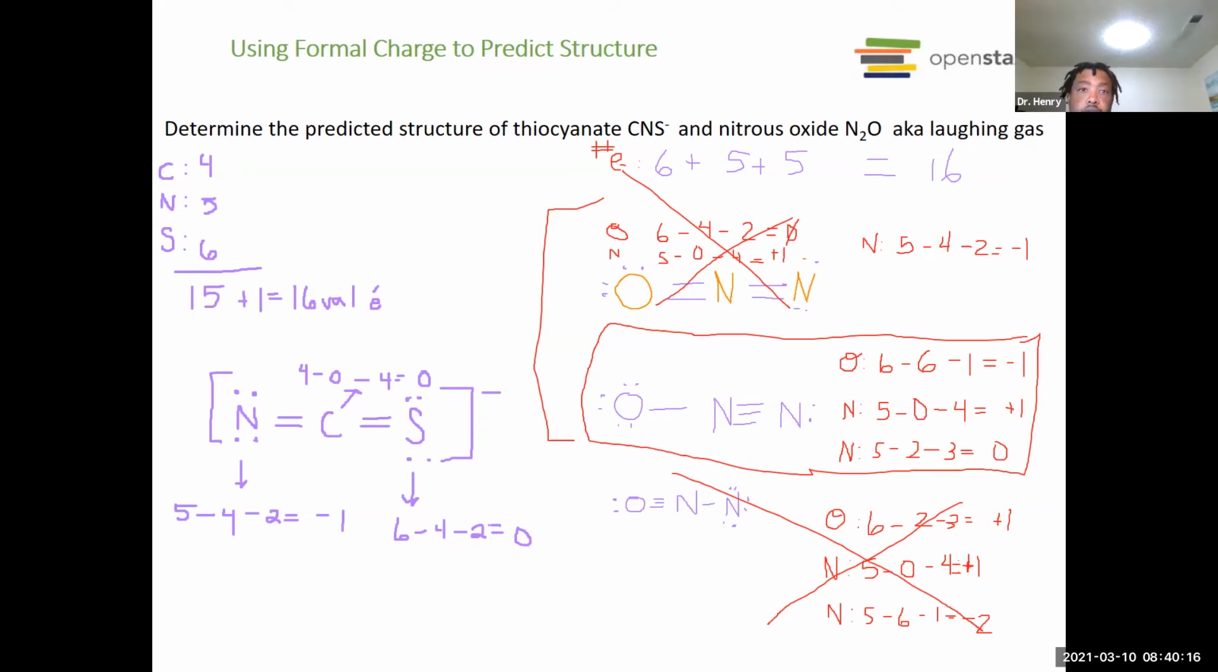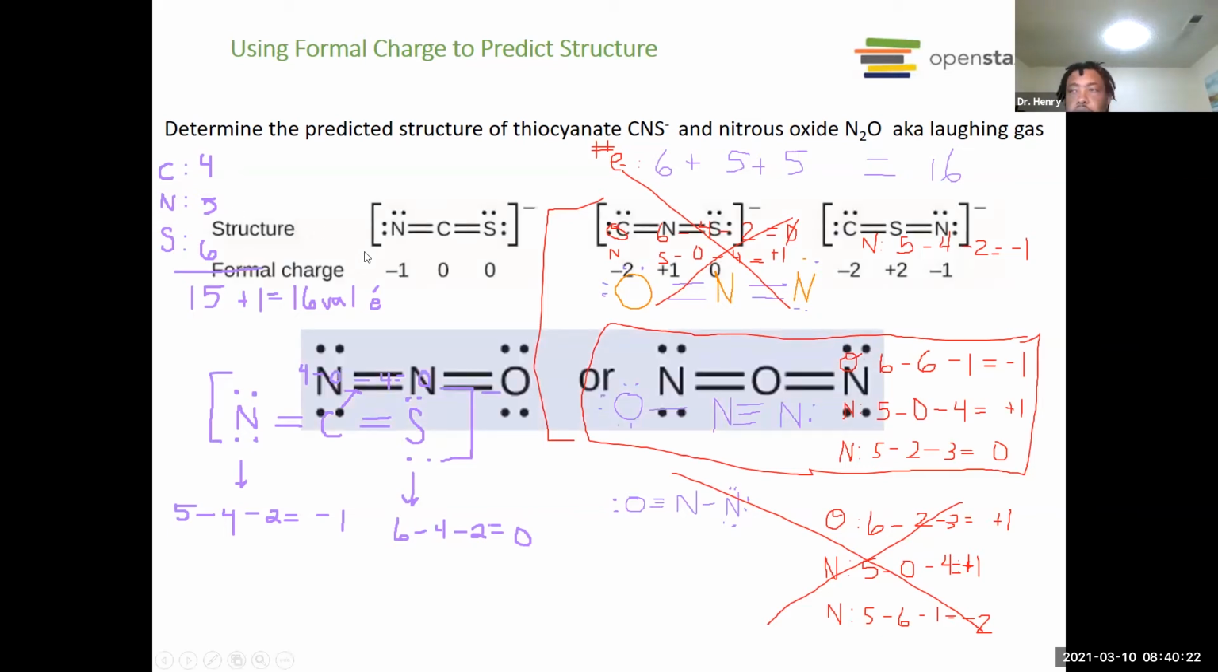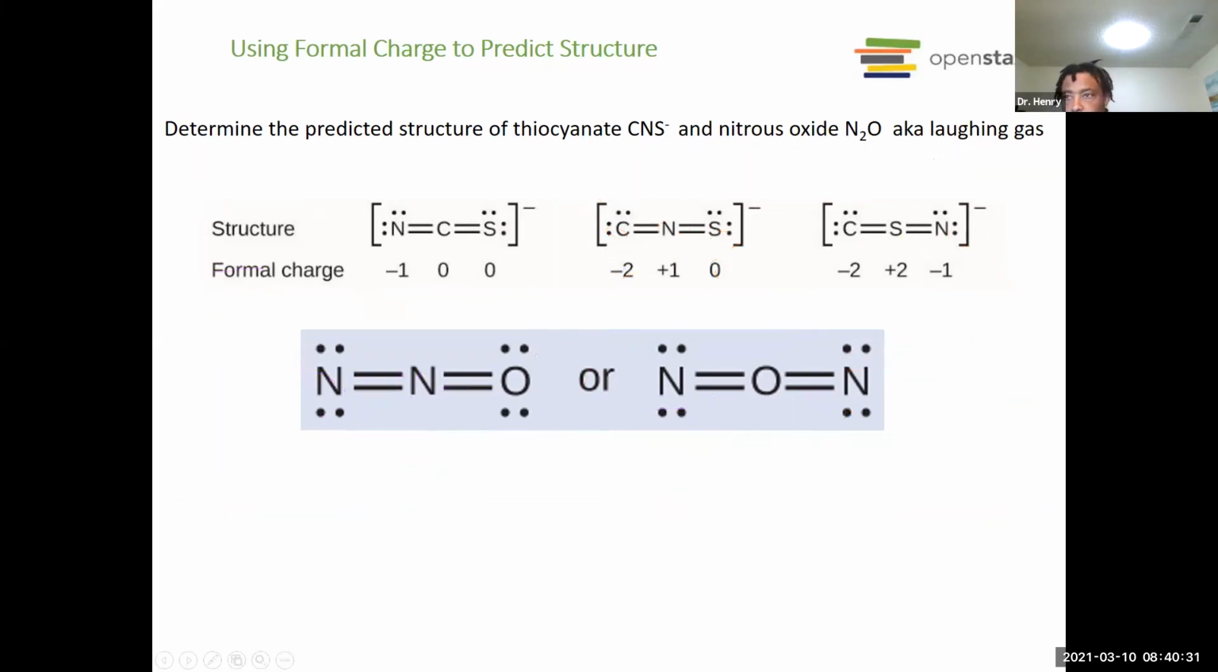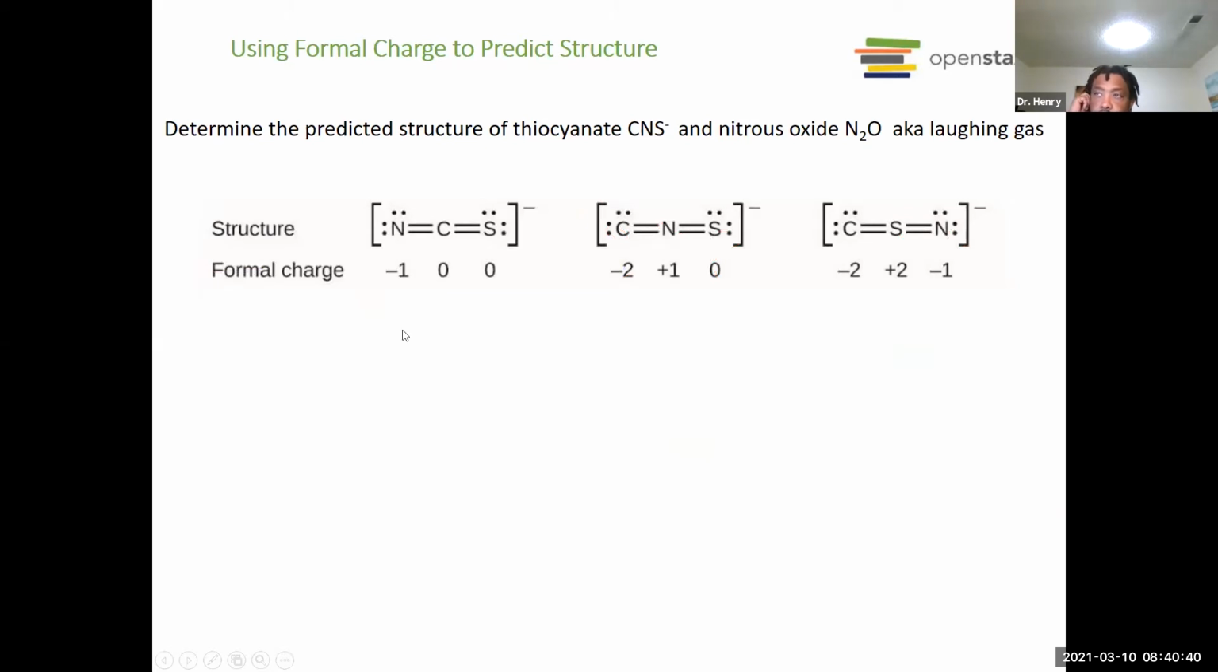Okay, so let's see. I wanted to show you guys this real quick. Okay, so as we talked about, carbon is always the one that's typically in the middle, right? And this basically shows you one of the reasons why carbon is typically in the middle. So in this case, if we did our formal charges, this guy would be a -1, 0, and 0,